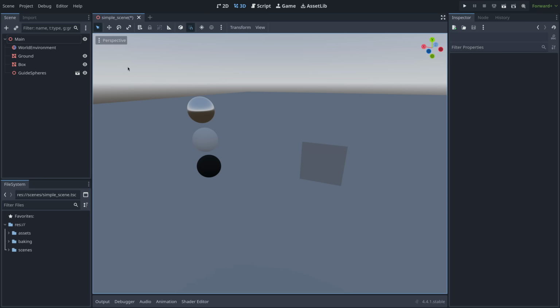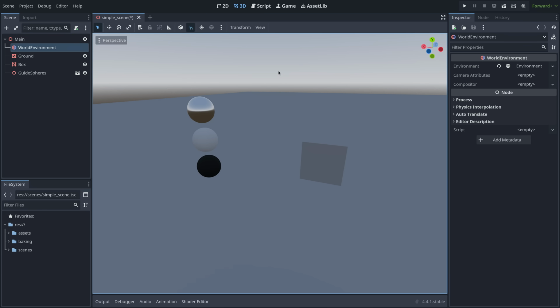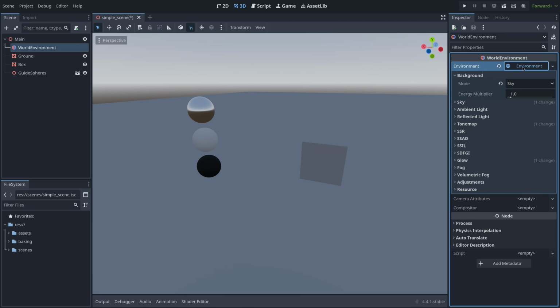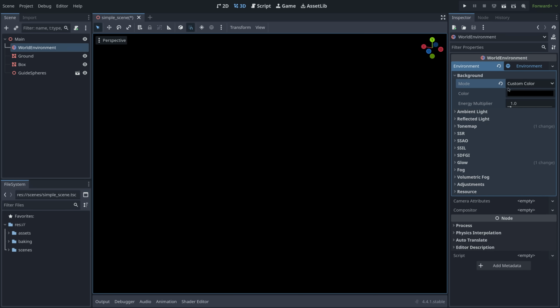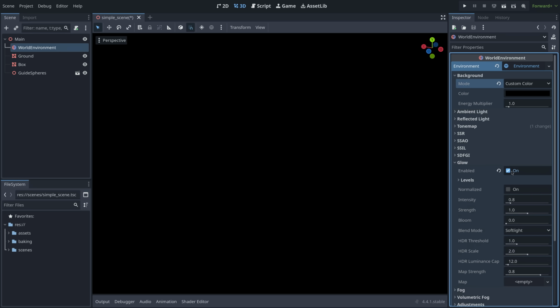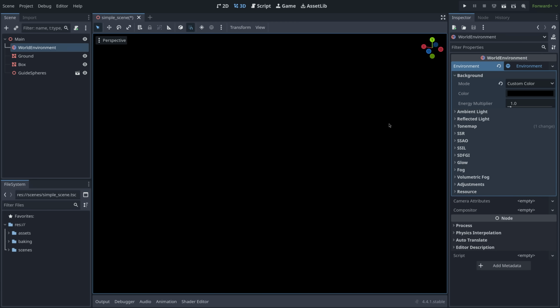As you can see, we now have a world environment node. Here we can go under environment and set the background mode from sky to custom color. And because the color is set to black, we can see that our scene turns dark. I will also just go under the glow here and disable it. So now our scene is completely dark, which means that we can add a light node to see the effects